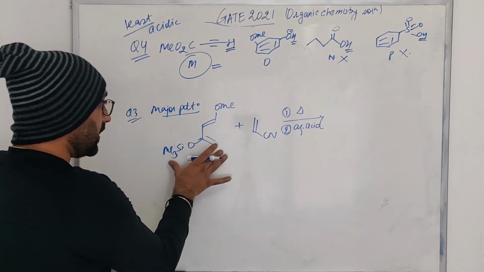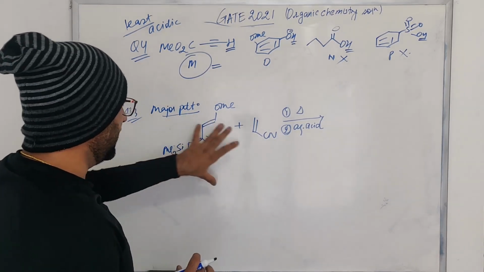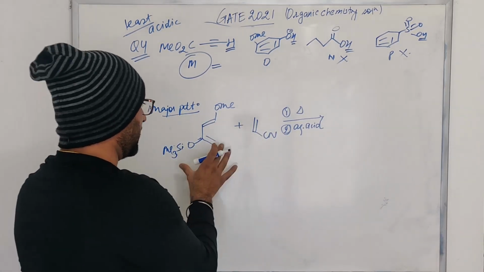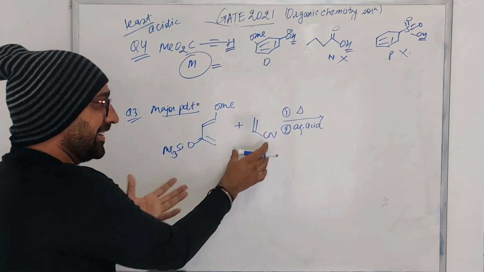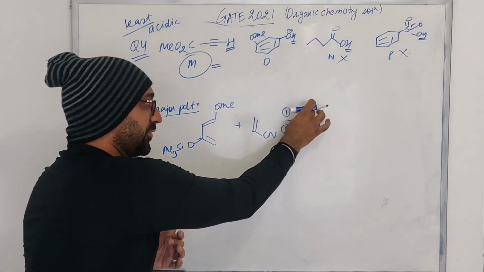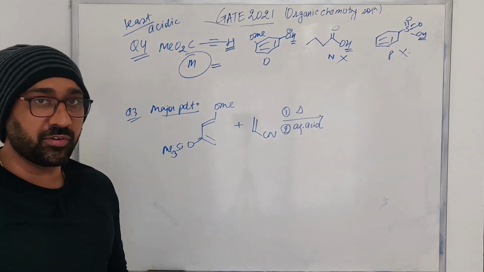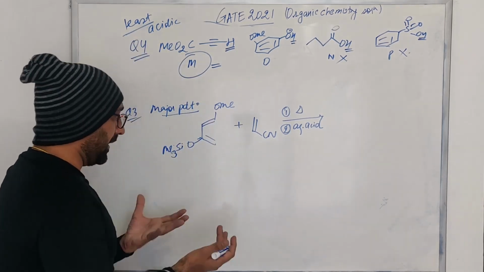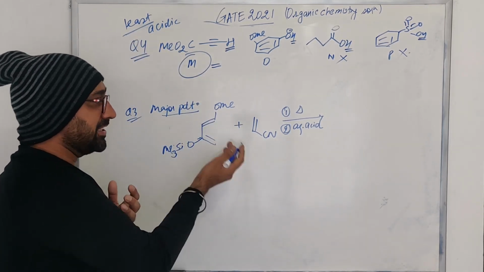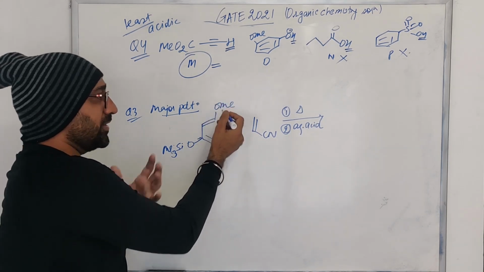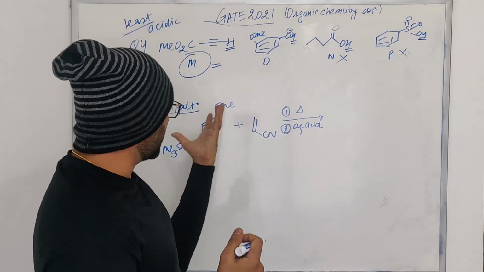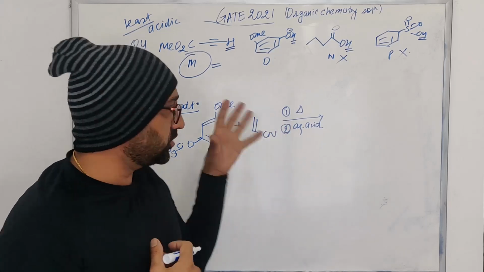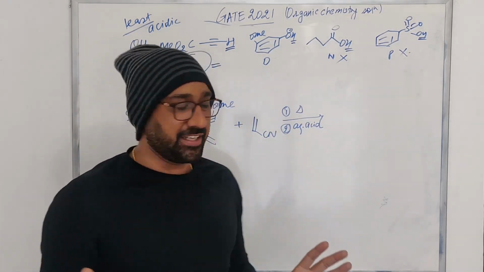Okay? Let us look at another problem, which was based on the Diels-Alder. So here what we have is this diene again, and here is a dienophile, and we are heating it and then following treatment with aqueous acid. Whenever you see the aqueous acid, I can clearly imagine what we have is a TMS enol ether, and this is also a methoxy enol ether. So these can be easily cleaved under acidic condition.